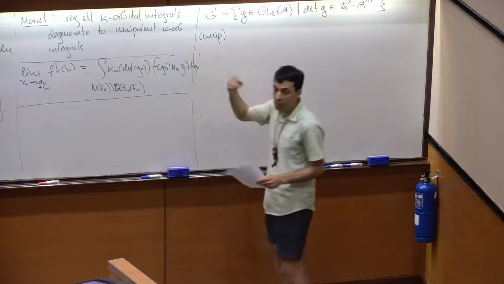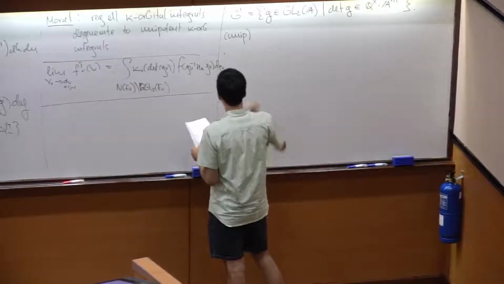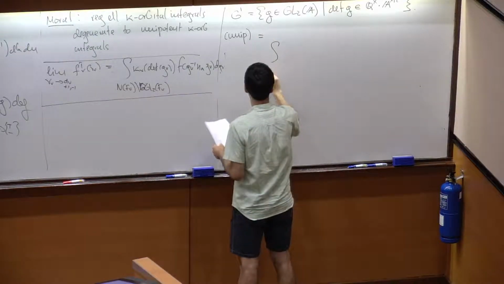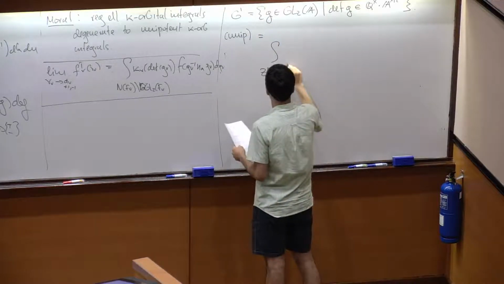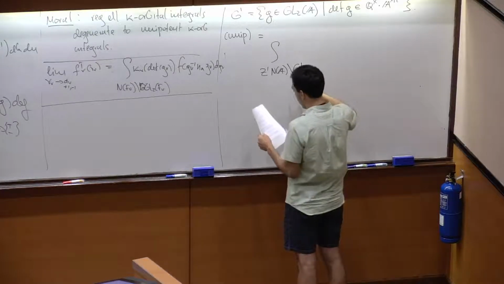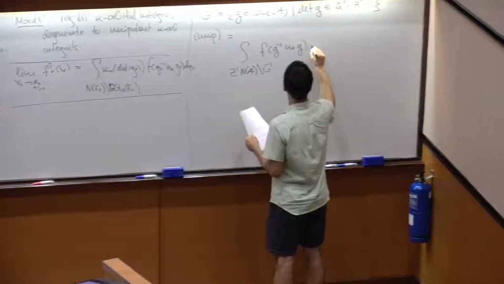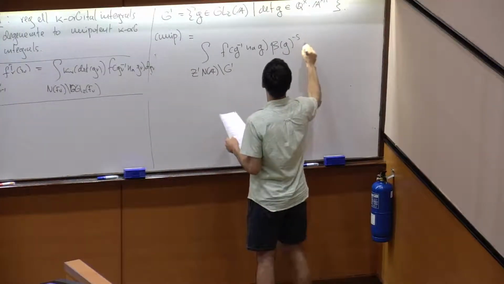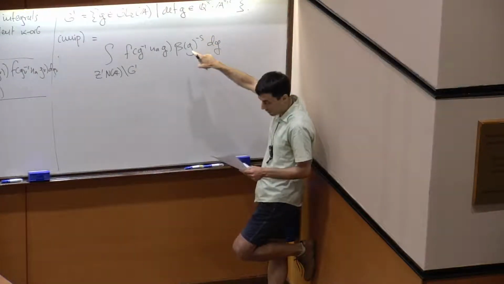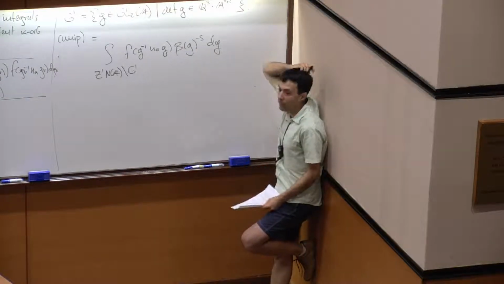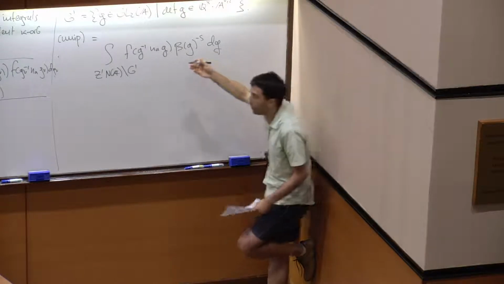Okay. And then we can write the unipotent contribution. The sum over central elements and over square classes is going to go away, and it is simply going to be the following. It's going to be the integral over Z prime, which is the center of G prime. And then it's going to be just this. Well, it's going to be the constant term of the Laurent series expansion at s equals 0 of that fellow. Now, why did we make this computation? Because this is going to allow us to introduce the kappas into this term. Namely,